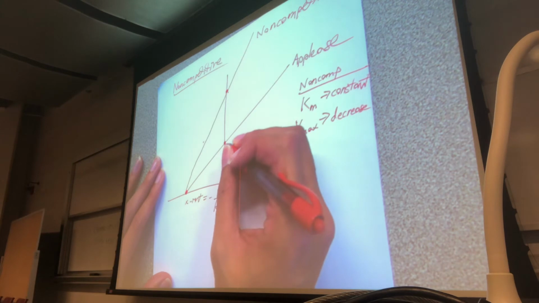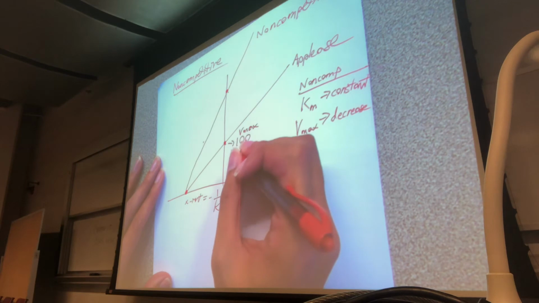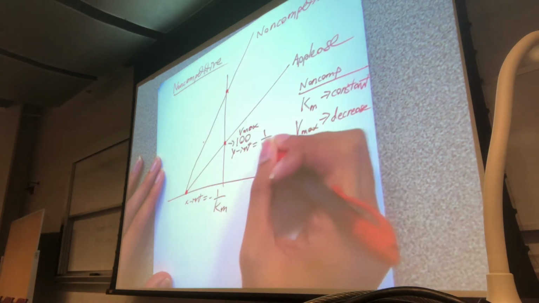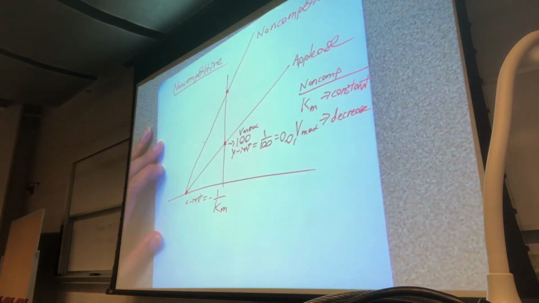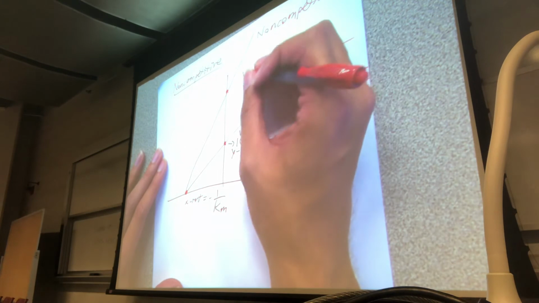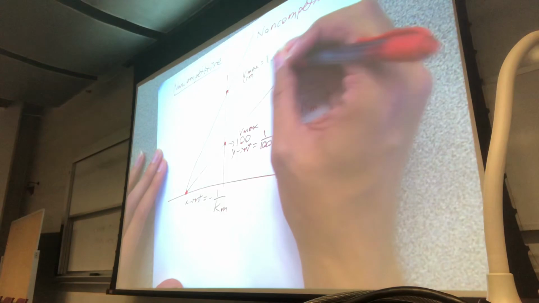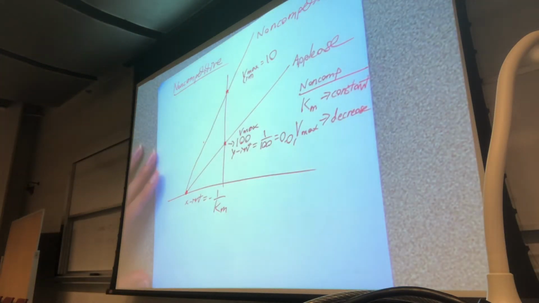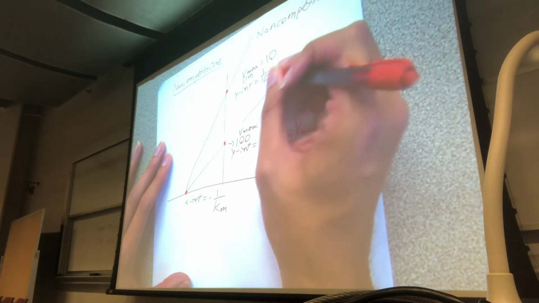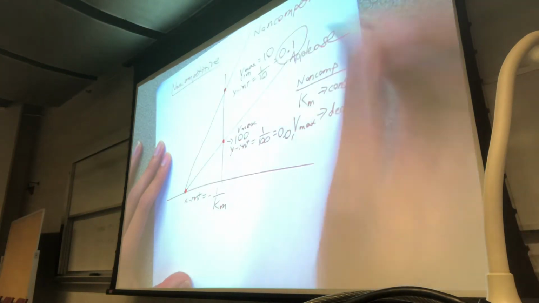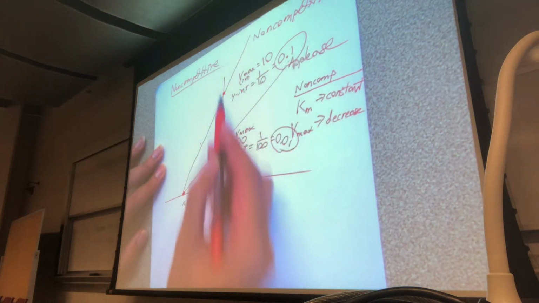numbers. We know the original Vmax was 100, right? The original Vmax was 100, which means the y-intercept was 1 over 100, which equals 0.01. If Vmax decreases, let's say the new Vmax inhibited is, we'll say it's 10 now. We'll say it decreased all the way to 10. What would the new y-intercept be? Let's see, y-intercept equals 1 over 10. It equals 0.1. Notice that the new y-intercept, even though Vmax decreased, is higher up